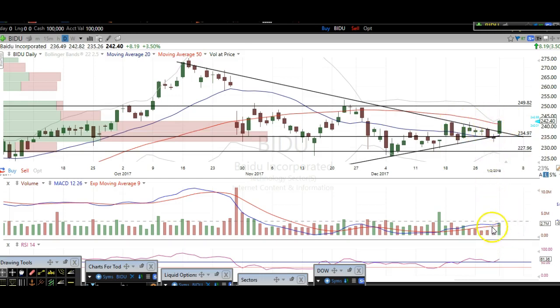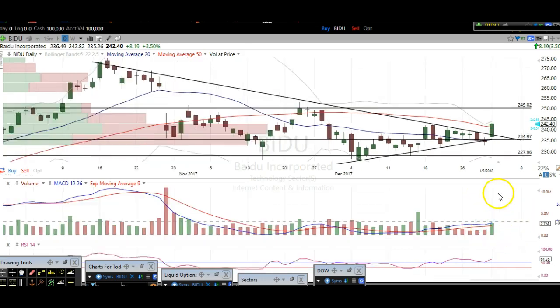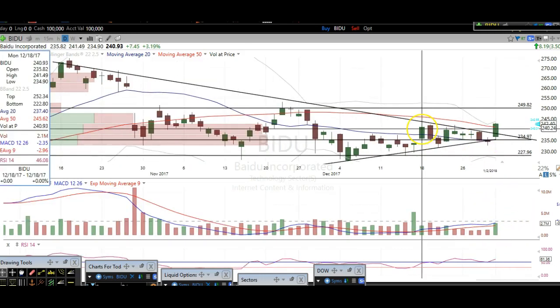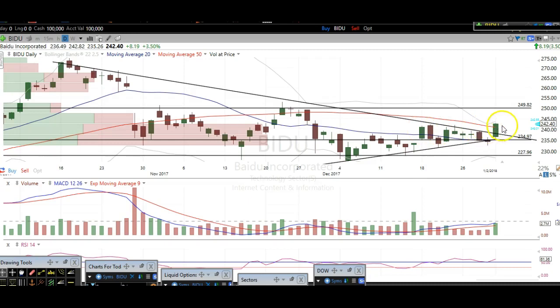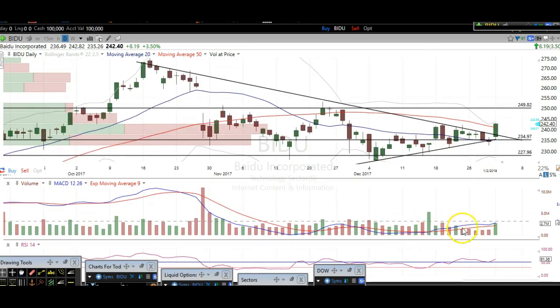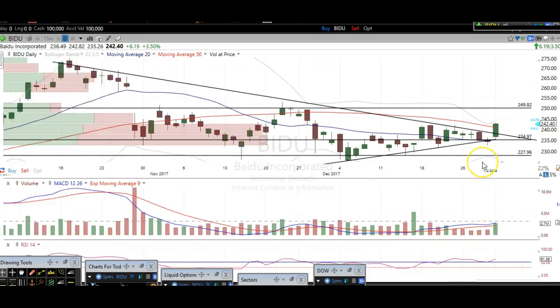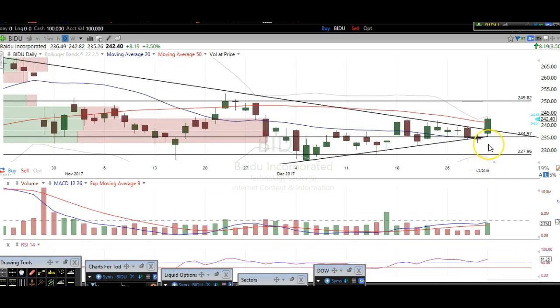You can see a nice little volume pop down there as well. Broke over this little resistance as well. We're over the 50-day moving average. We got the MACD that's trending up right here. What else are we seeing? We also